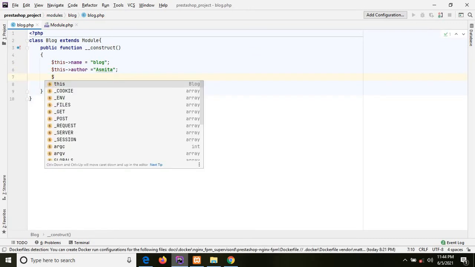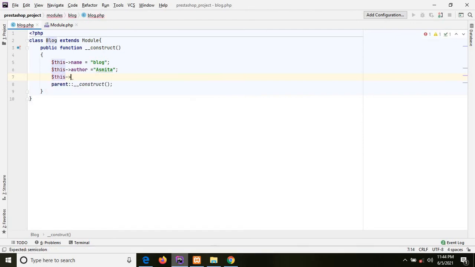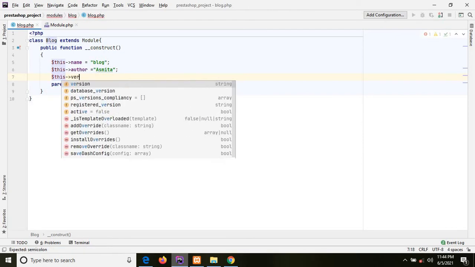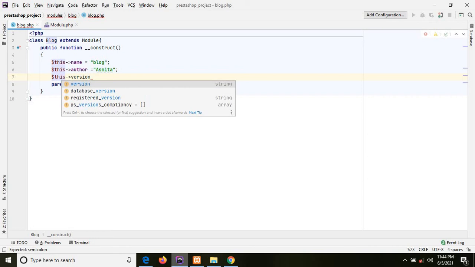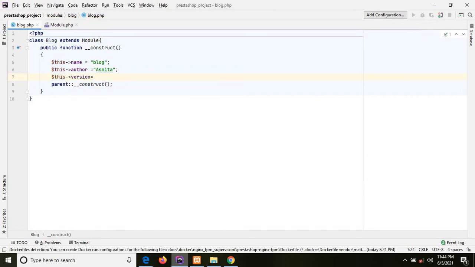After that we need to write the version. So version is like 1.0.0. Then we have called that constructor. Okay, this is our constructor part.